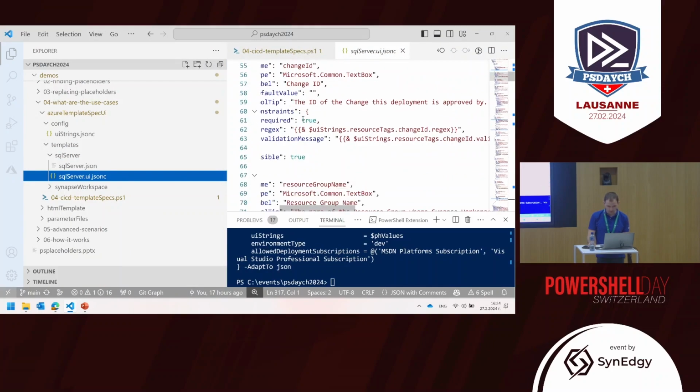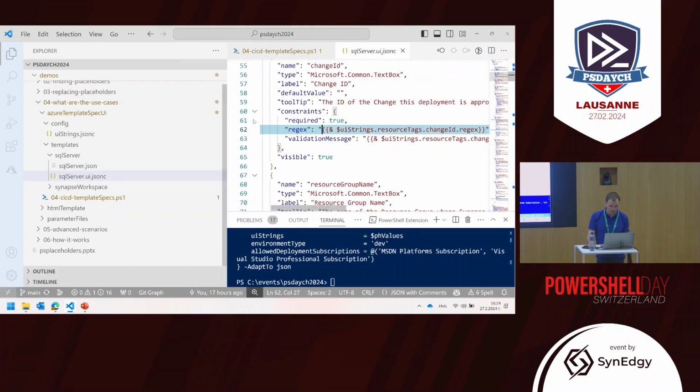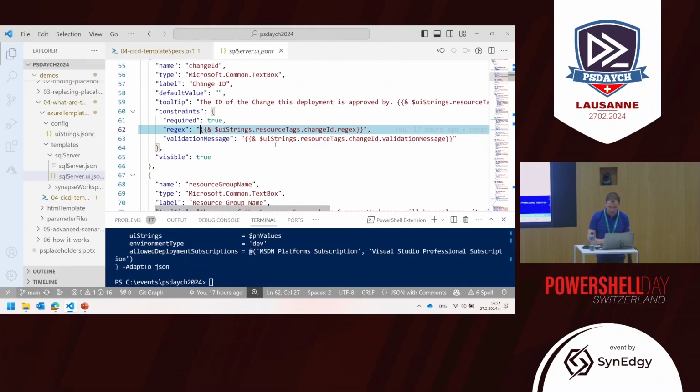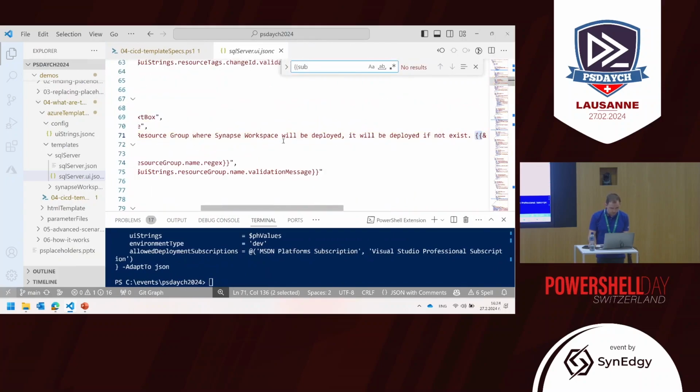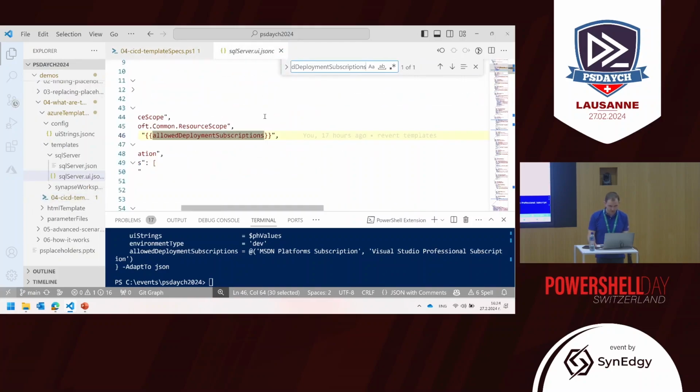Where was it? Here. So this way, or actually it was the placeholder called sub. What's the name of the placeholder? It was allowed subscriptions, something. Yeah, so here